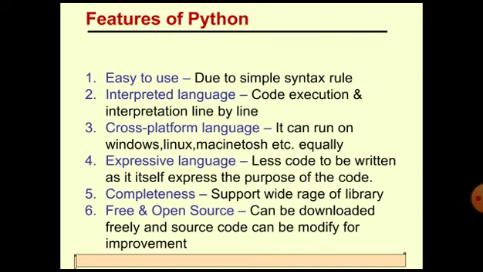Now we come on to the features of Python. All of you know that we have studied all these things in the previous year classes also. First of all, it is easy to use because of its simpler syntax. It is an interpreted language, and code execution and interpretation are line by line. It is a cross-platform language, which means that it can run on multiple platforms like Linux, Macintosh, and Windows also